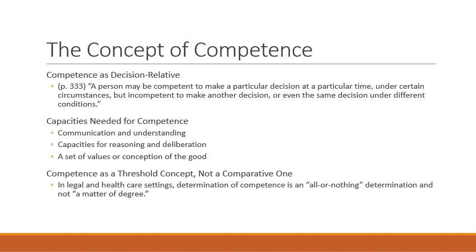One way to think about that is this all or nothing kind of determination versus making matter of degree determinations. So you're more or less competent in terms of a comparative thing. And they go through that the reason that they're going to look at this in a threshold way, an all or nothing way, in part, I guess, is because that's the way the legal and healthcare settings work,